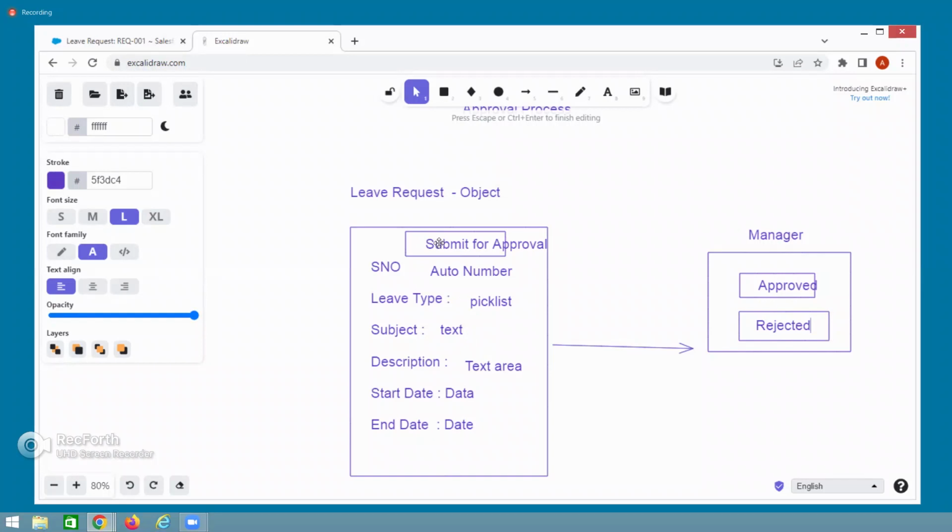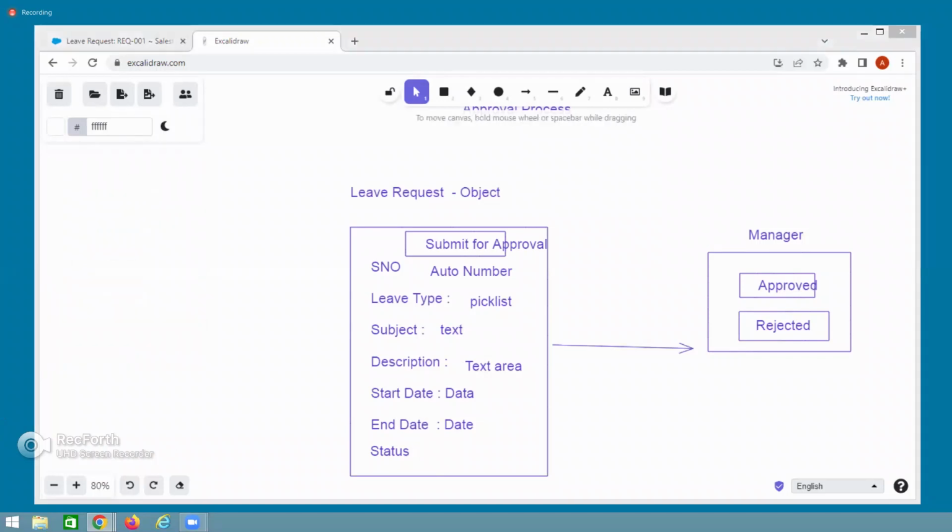The first problem is, the first time, whenever the employee clicks on submit for approval, how does this guy know your request is successfully submitted to your manager? Because he is not logged in as a manager, right? He has his own credentials. So whenever we click on that, how does the employee know my request is successfully submitted to my manager? How? That is one way. So for that purpose, what I will do, I am creating one field called